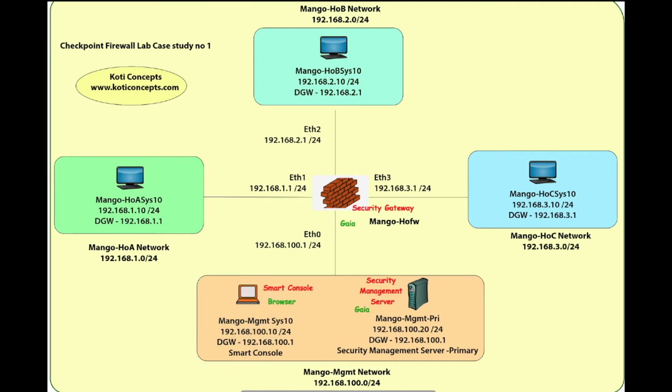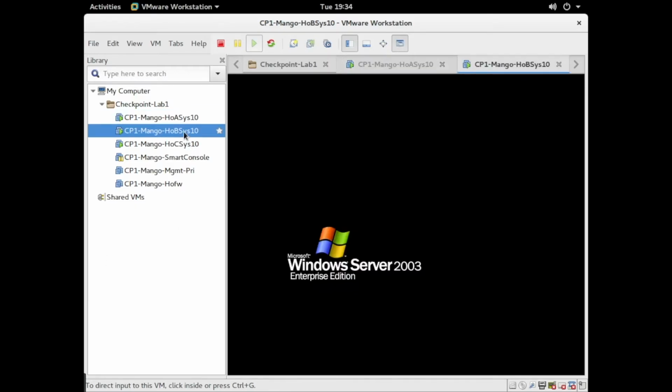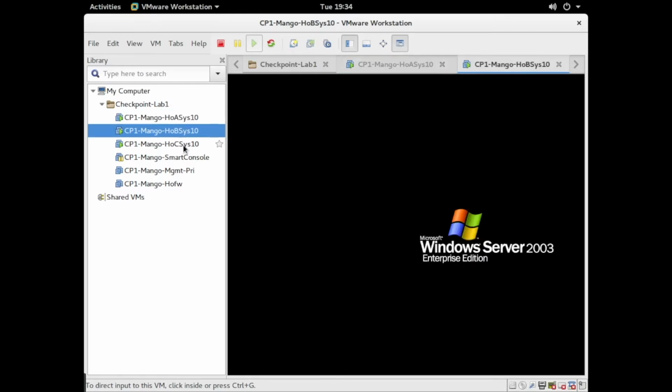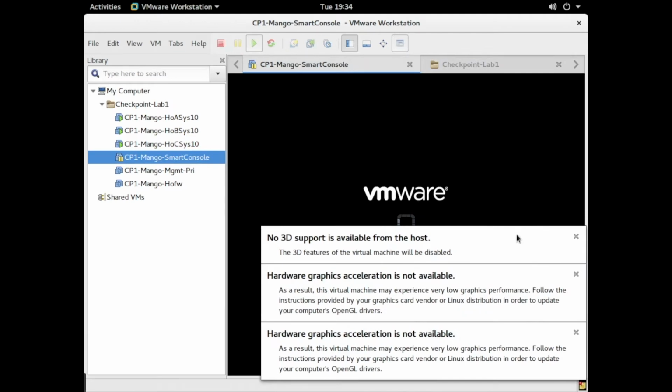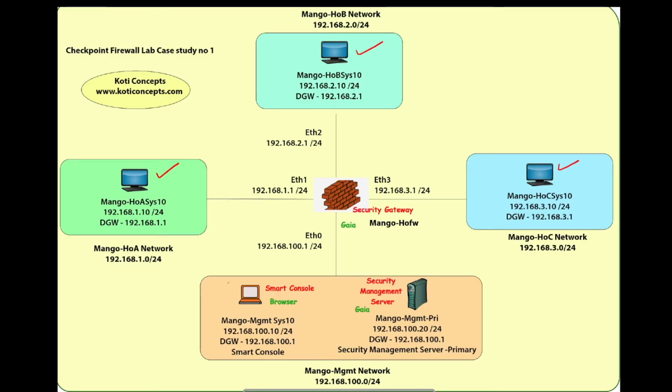First of all, we already have the HOA system, HOB system, and HO system in the VMware here. We also have a Windows 10 system here, which will be acting as the smart console.